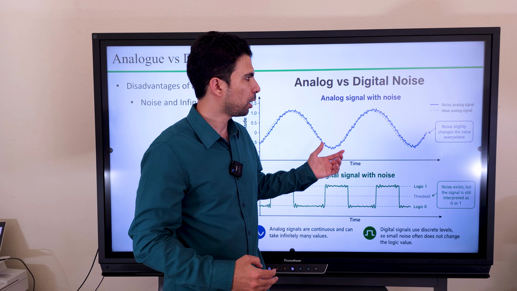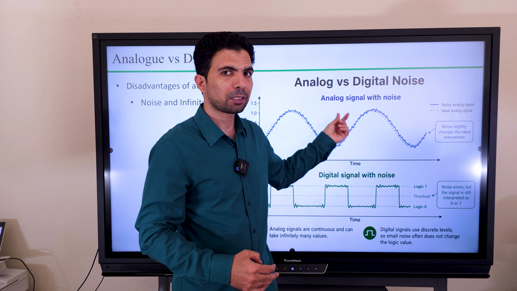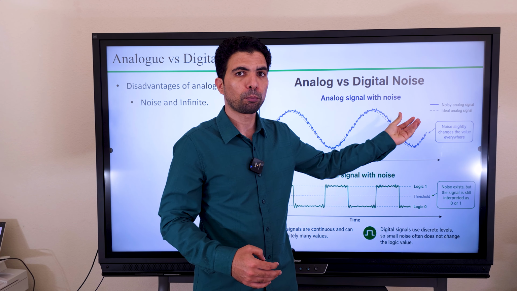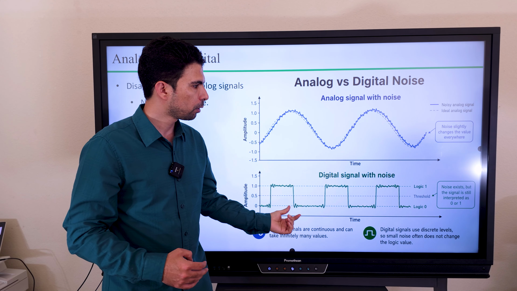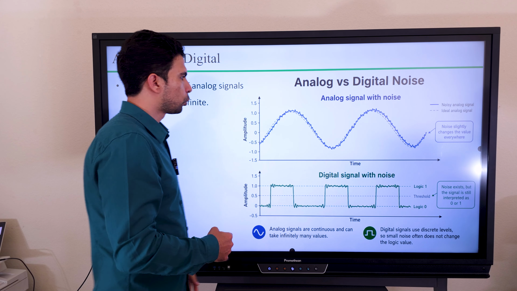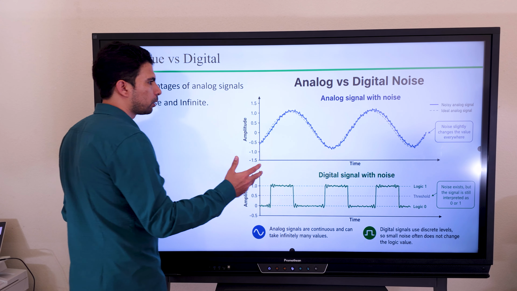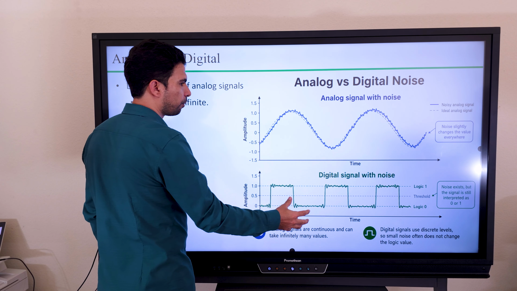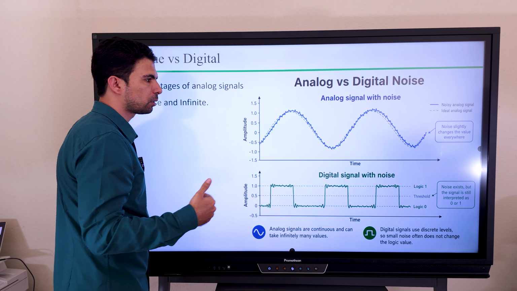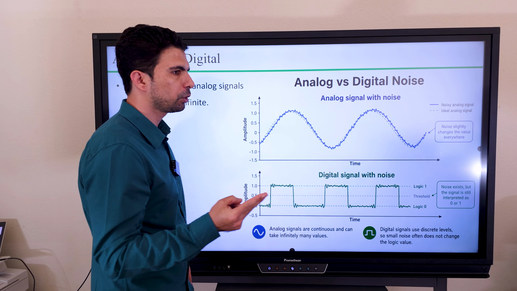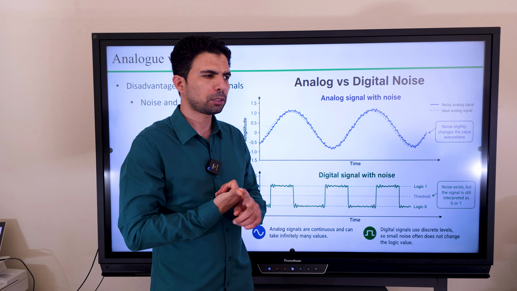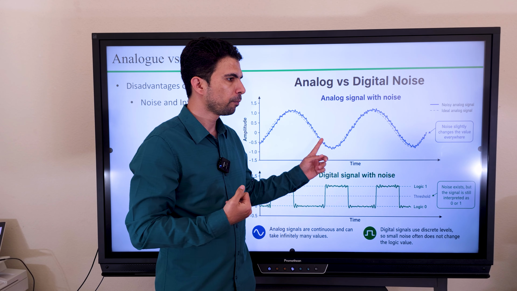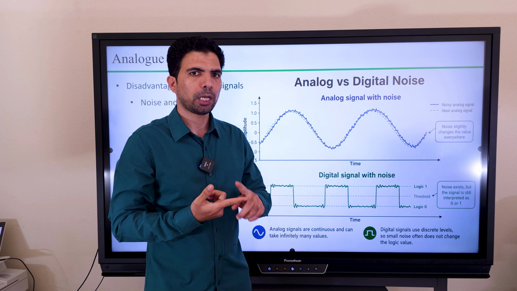That means that we cannot store analog signals in our computer or in our digital systems. But we can do this for digital signals. So that's why we need to convert from analog to digital, and that is the main purpose of today's video. We have two conversions here: a conversion from the physical quantity into an analog signal, and then we convert the analog signal to